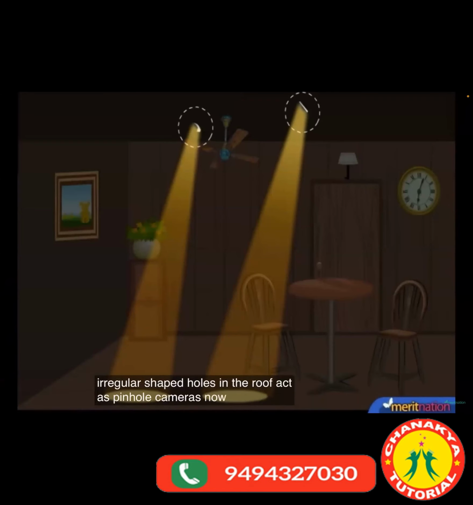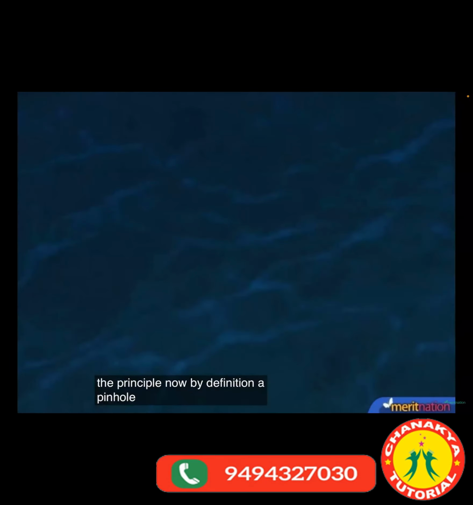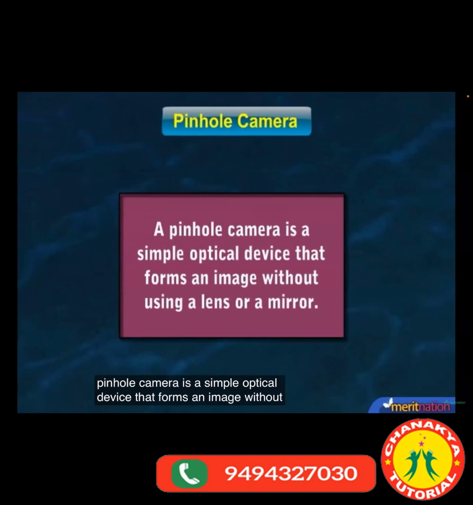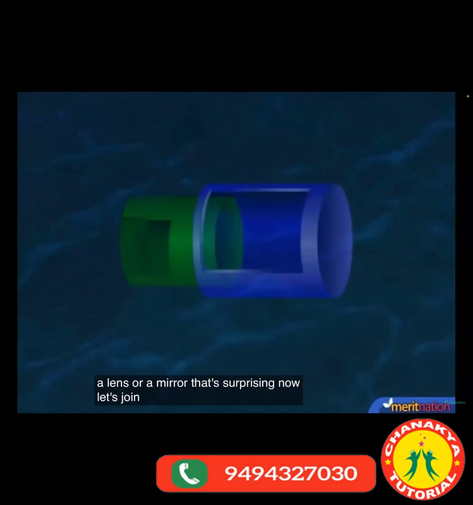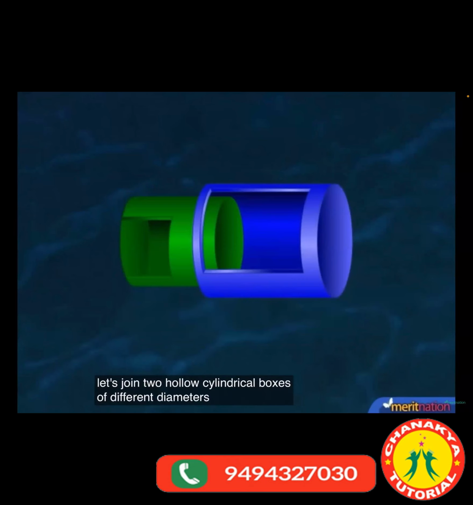Let's first construct one pinhole camera and then let's try to understand the principle. Now, by definition, a pinhole camera is a simple optical device that forms an image without using a lens or a mirror. That's surprising. Now, let's join two hollow cylindrical boxes of different diameters in such a way that one